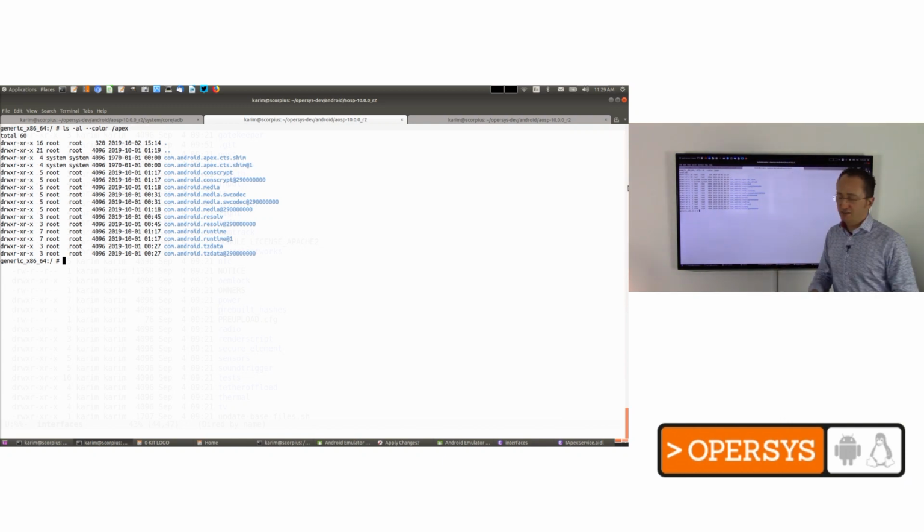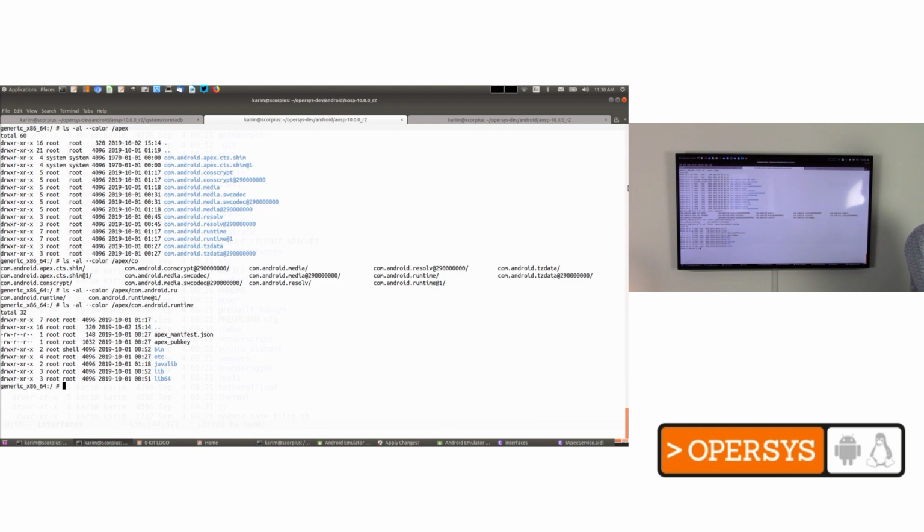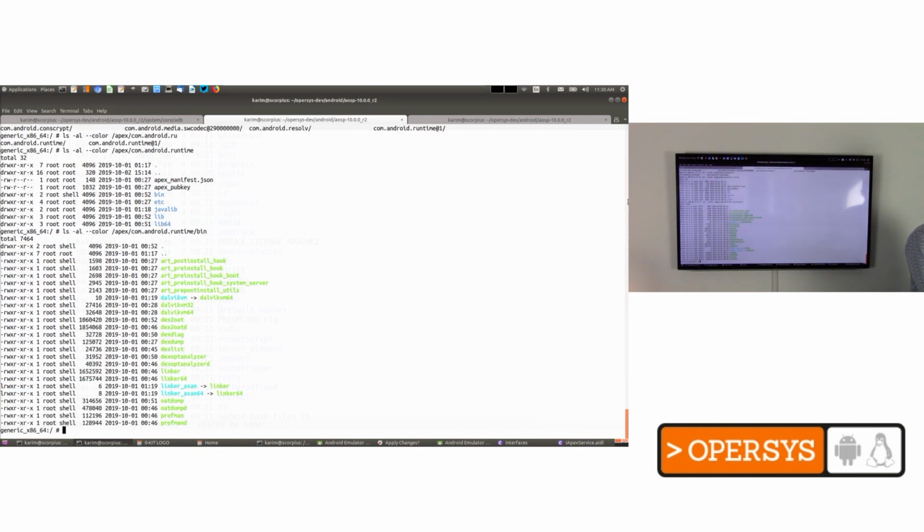But if you look at some of these things, for example, let's look at runtime. So com.android.runtime. So this would be, in this case, bin. So this is effectively your ART stuff. So you can see here that I've got actual binaries under this com.android.runtime, and you'll see that